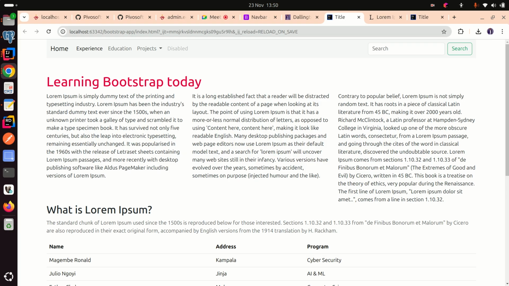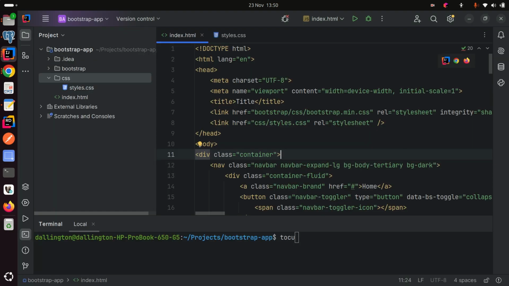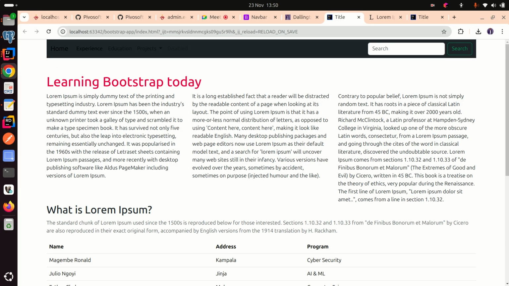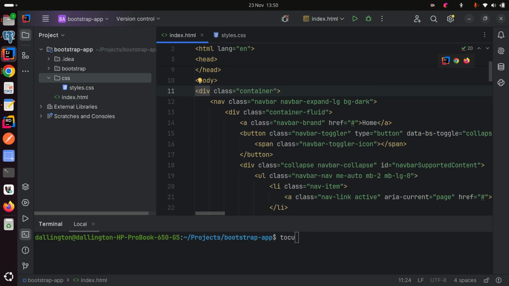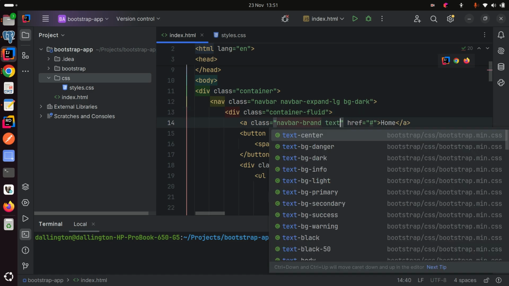So you see, are we applying something different? Let me see, background dark. Let me see what could be affecting that. So you see it's now black. Okay, then you can make these ones white. So what you do, let's see if we apply it here. You can apply on these different ones, maybe say text-white,